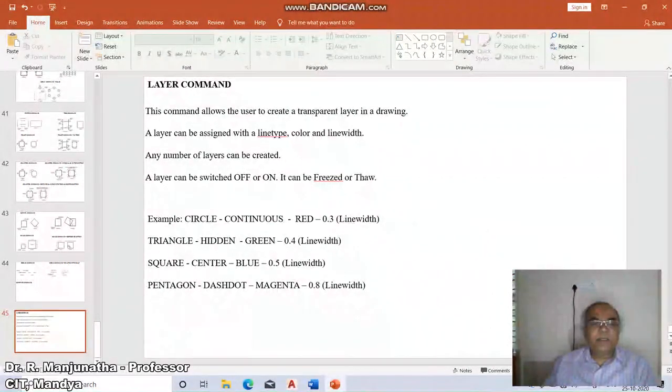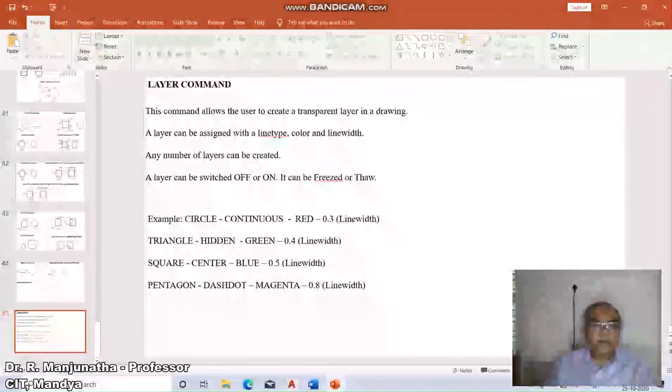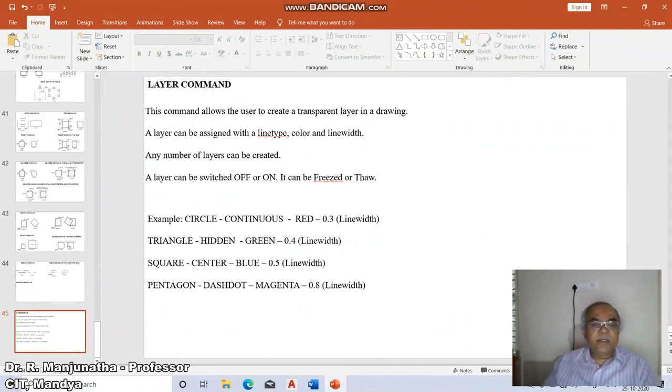The line type drawn in that layer will be hidden, the color green, and the line width 0.4. Similarly, a square layer with the center line type, blue color, 0.5 width. Similarly, pentagon, dash dot, magenta, and 0.8 line width. So this is a small exercise. We are going to create it now.